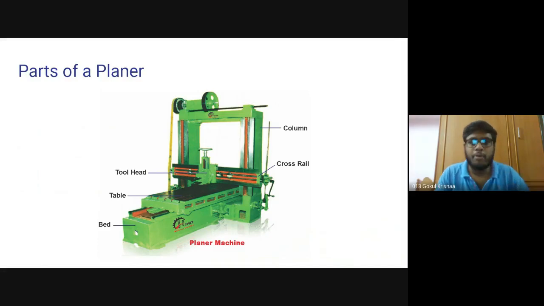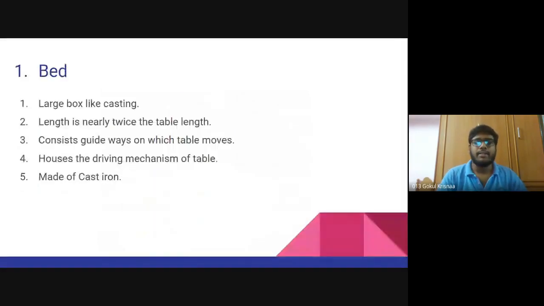And now let's see about the bed. It is actually a large box-like casing made up of cast iron. The length of the bed is nearly twice the length of the table,